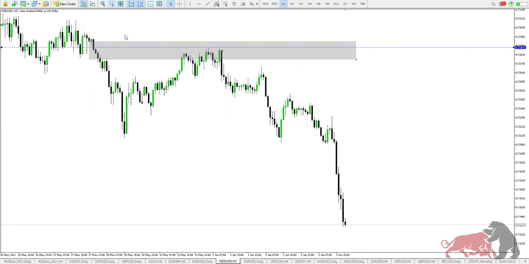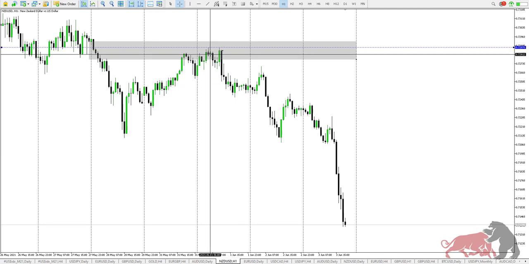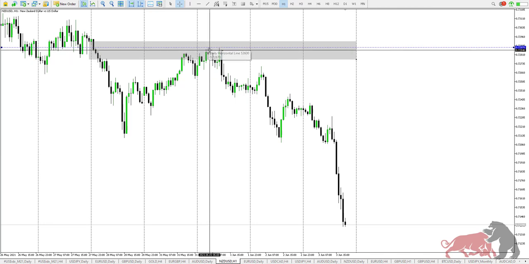Let me zoom out. Let me show you something, guys. It's not rocket science, folks. Don't be fooled or anything. And you can see I'm doing this without any indicators whatsoever. It's just pure price action. So this is Thursday, Wednesday, Tuesday. What is Tuesday's high? Tuesday's high is coming in at